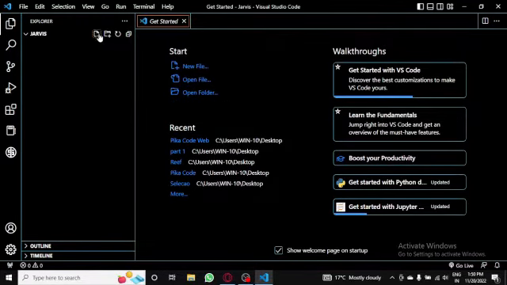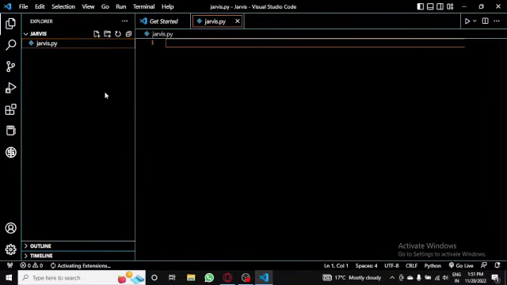Okay, now you need to install some libraries. Before that, click on the plus file link you can see here and make a file named jarvis.py. This will be our main file for the Jarvis project. We need to install some libraries as I mentioned earlier. These libraries will help us run our Jarvis smoothly and give it some functions like greet me and date and time functions. To install them, you can run your command prompt and type pip install and the library name,